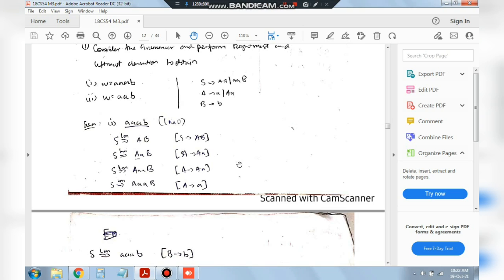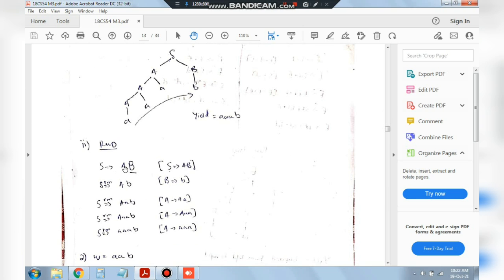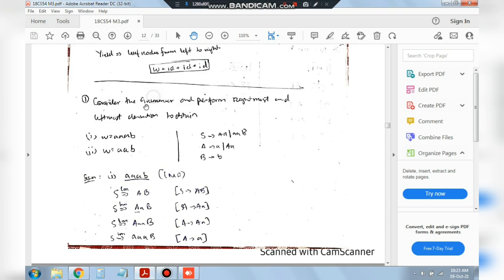Okay, let's discuss the rightmost derivation. The same thing we'll do. First we'll write here AB, and we'll start from B first, because it's rightmost derivation, and B will be substituted as small b, and A is written as such. And after we get over with the right part, we'll move on to the left part. Left part is AA, then AAA, then 3a. So this is the rightmost derivation for this question, and that's all we have to do. Perform the rightmost and the leftmost derivation which we did for this question.